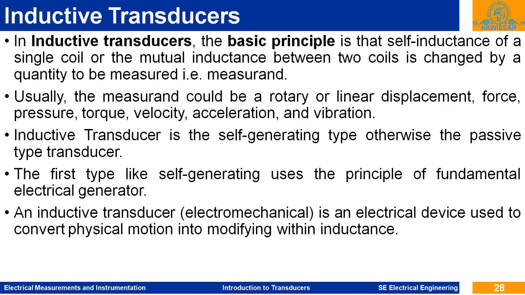As the load on this motor increases, again the speed decreases. As speed decreases, your 75 volt output of the tacho generator decreases, again it is compared with the set point 75 volt, and an error signal is generated. So in this way, this self generating or active transducer, the tacho generator, an inductive type transducer, is used to maintain the constant speed of the process.